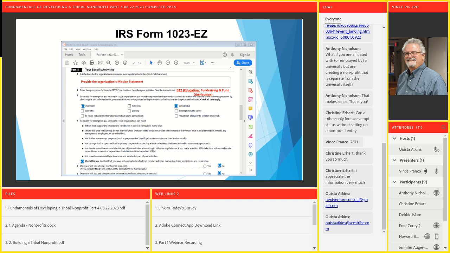They want to make sure that if you're going to generate products and services and charge a fee, if that's part of your fundraising initiative, that whatever you're selling or providing relates to your mission. So you want to make sure that you're not doing something that oversteps into the area of a for-profit, if that makes sense. You just want to make sure that everything ties back to mission. That's why they're asking, provide the organization's mission statement.